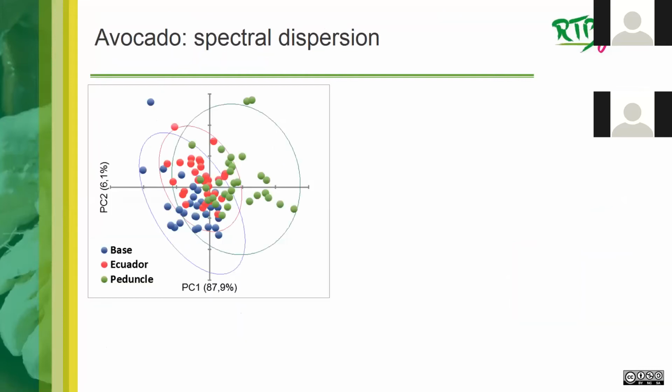We can also use PCA analysis to catch and analyze variability within the spectra. This is a principal component analysis, relying on the 90 samples and spectra done in the lab, and the colors are according to the zone. You can see here that the highest variability is for peduncle spectra, and the lowest variability is for equatorial spectra. So it's similar to RMSE. It's another way to catch and interpret the variability within spectra, but it gives the same results.